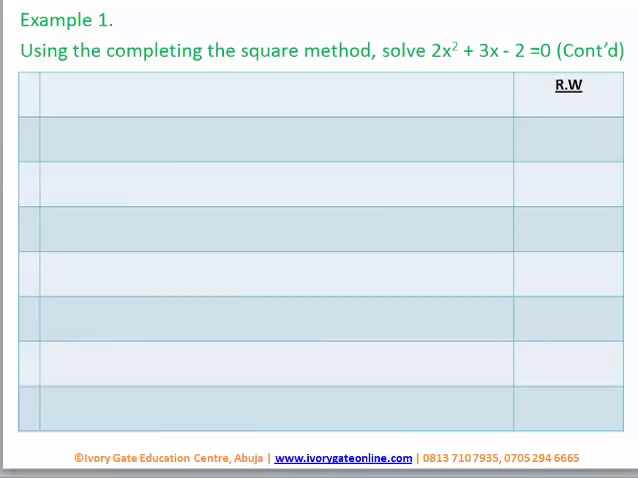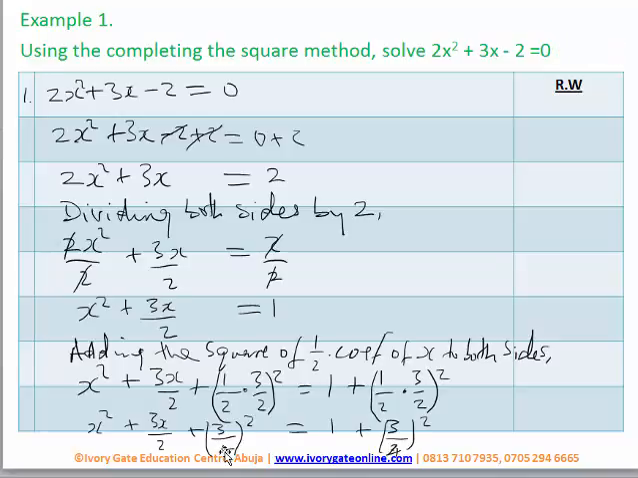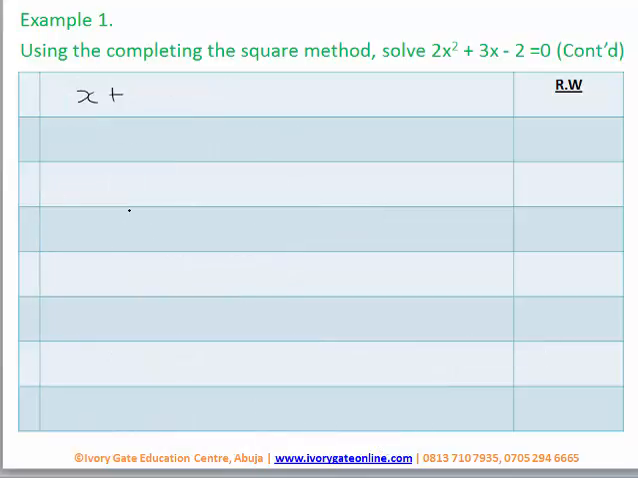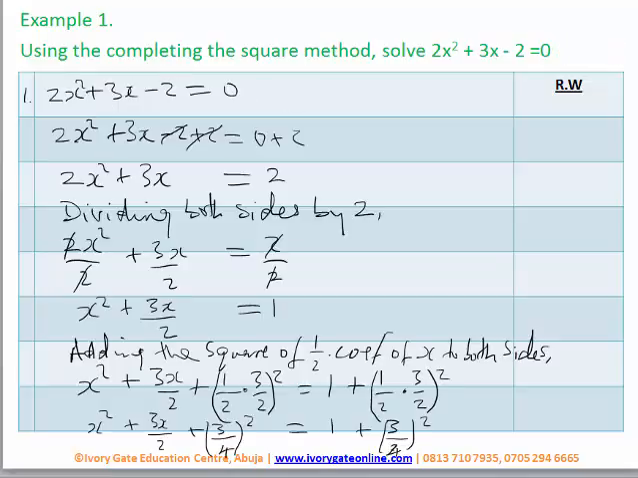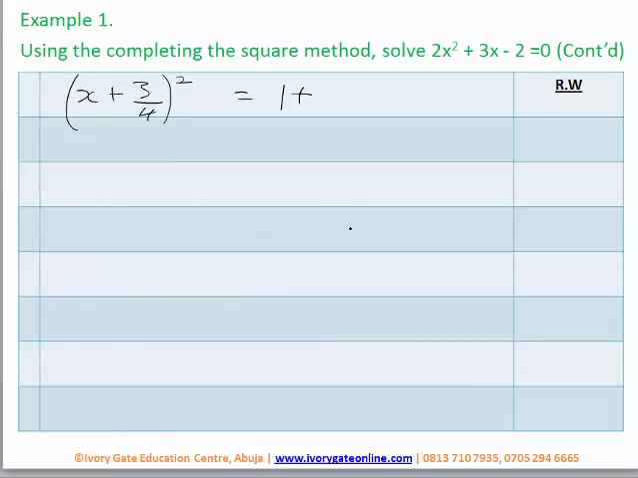So here we have x plus, looking at this side, the next thing is 3 over 4. Then we now extend the bracket to this: is equal to 1 plus the same 3 over 4, but this time we now have to open up the bracket. 3 over 4. Okay, this time we have to open up the brackets and say